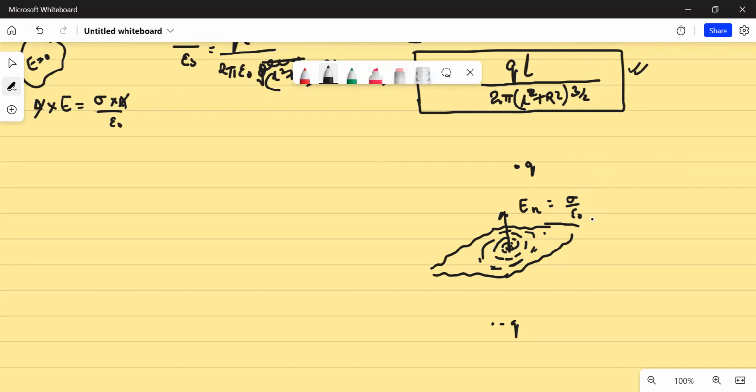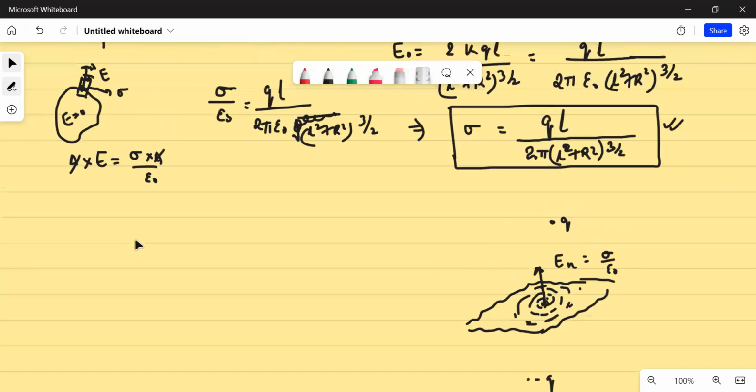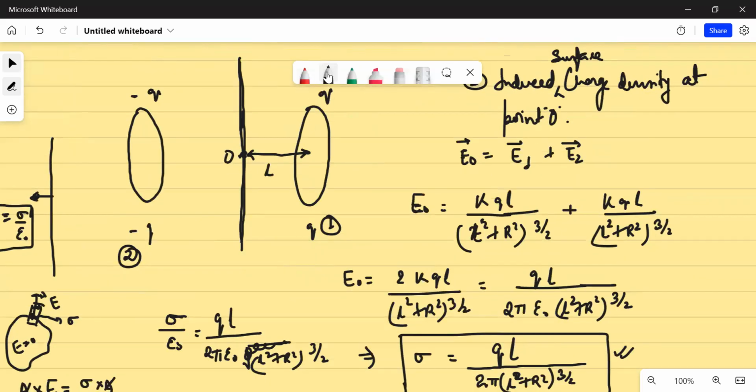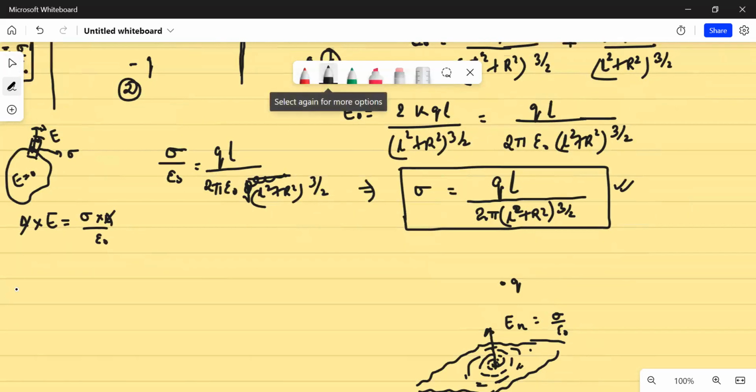So what we are doing now, and what we did in the previous two lectures, is mostly that we found the induced surface charge density, if you remember. Okay? So I hope this is clear. Let us try to find the electric field at this point O. Okay, not point O, let's say P. So I'll write here, let us try to find